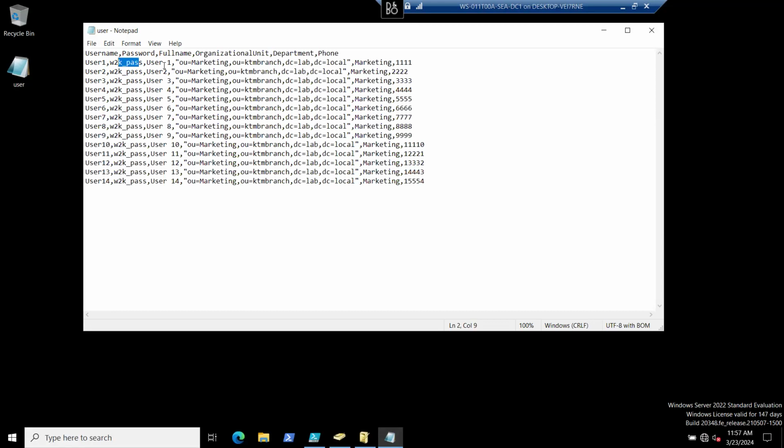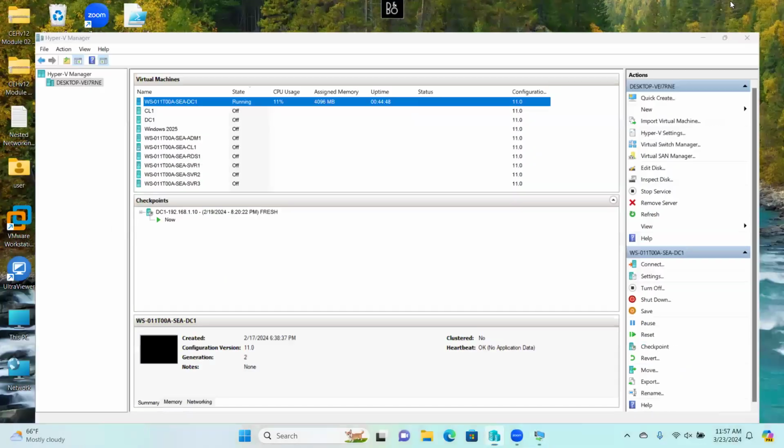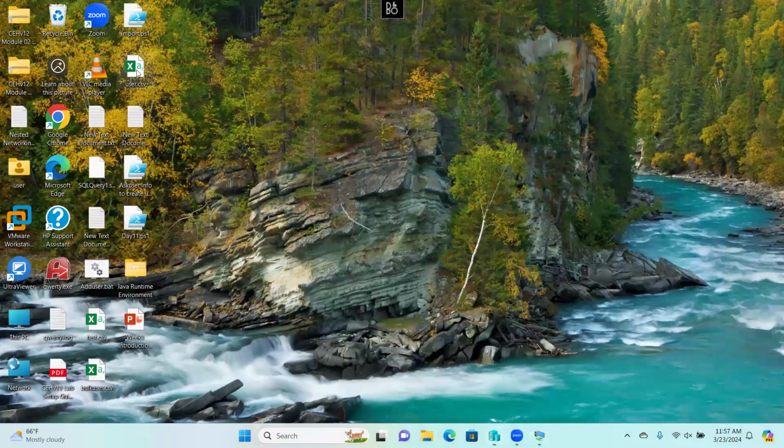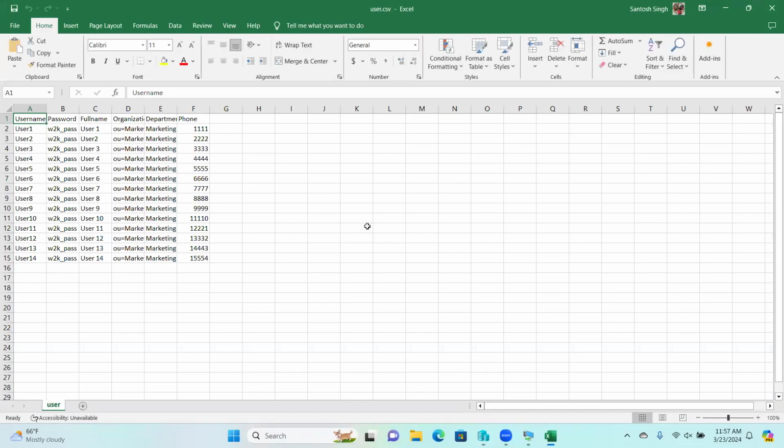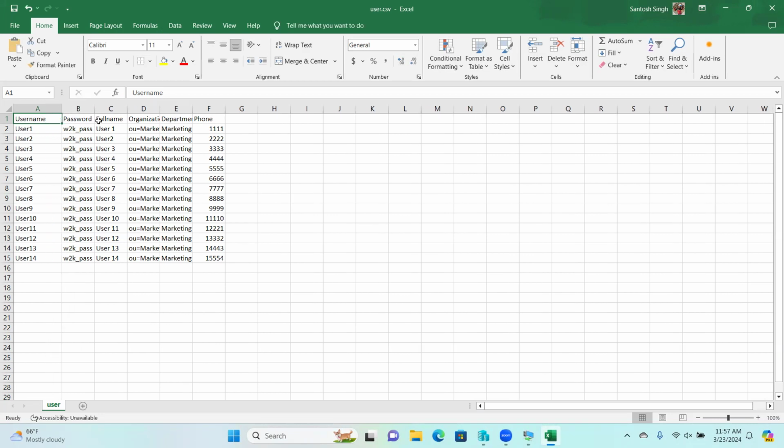User one, their password. Let me open with this one. Let's open it with the command line. Now, can you see here? This is the CSV file, a comma delimited file, right? Here we can see